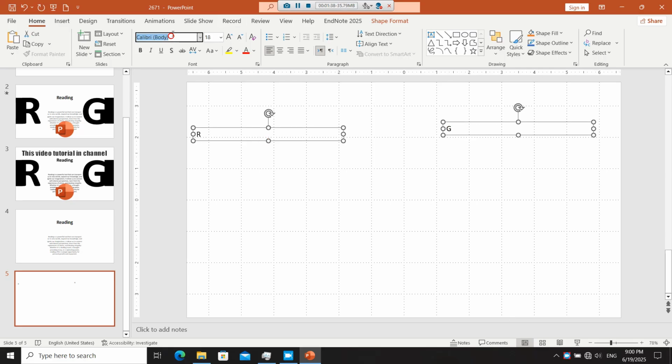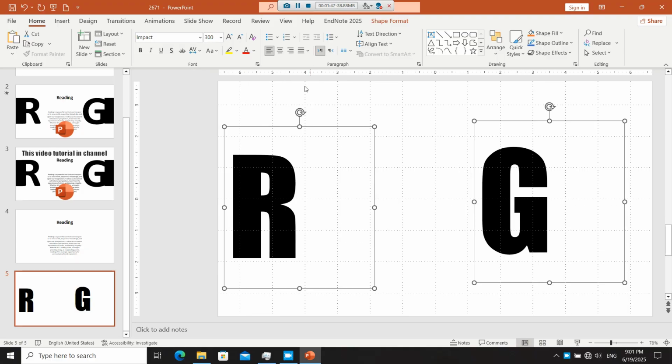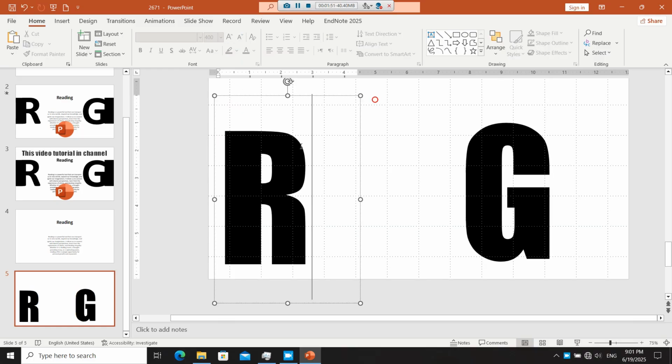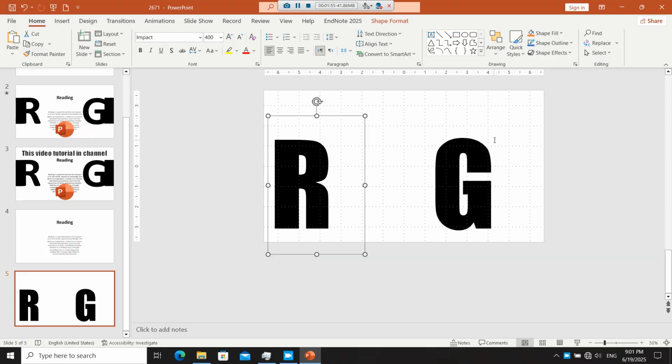Okay, after that, change the font to Impact. Then increase it in size. I'll go with 200, 300, a little more is better, 400. Okay, it's enough. Then after that we need to align them,